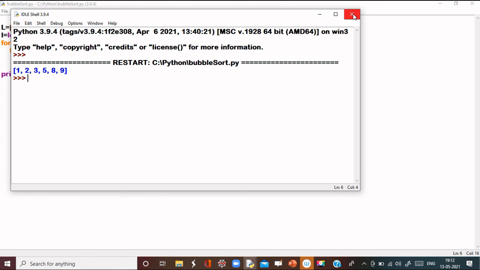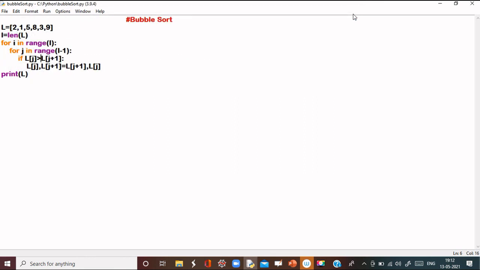So in this way, this is the whole bubble sorting program. Just again I want to explain this. This is the list which is required to be sorted, and this statement is for getting the length of the list. There are two loops: one loop is for the steps, step 1, step 2, step 3 in this way, and this J loop is for internal comparison between two elements, and then interchange. If one is greater than the other, then interchange takes place, otherwise no interchange takes place. And at the last, print the list.